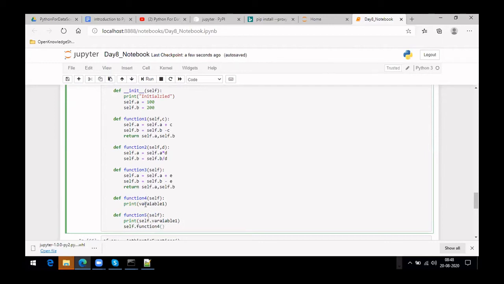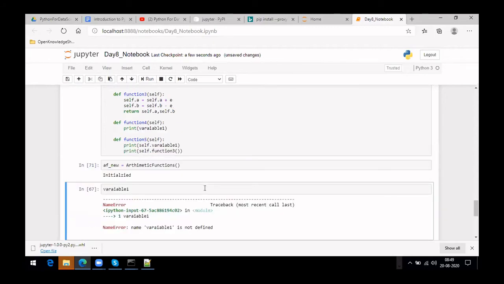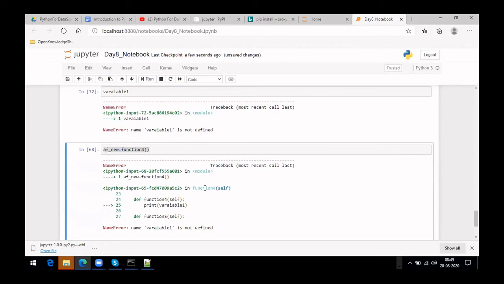What this function 4 will do is it should give an error. So let me try something. Instead of function 4, let me do function 3. Let me try this way, I'm trying to call function 3 inside function 5. So it will be returning this A and B. Let me print it to see what it returns. The variable runs will be an error again, this will be an error again,